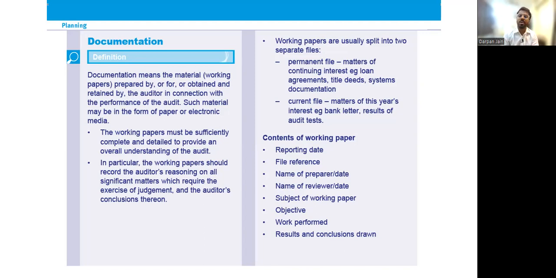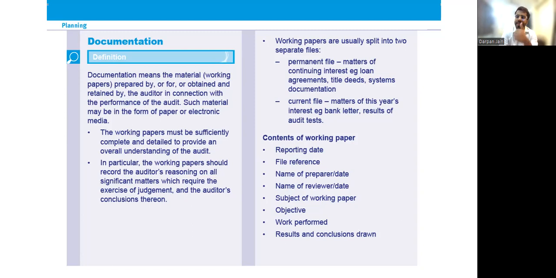Next, what is going to be the contents of the working papers? What are you going to include in the working paper that you prepare? For example, I told you, right? You are, let's say, recomputing the depreciation amount that the company has calculated. You're calculating it again to see whether the amount matches with the amount being shown by the client, right? Now, when you're recalculating that depreciation, you're preparing that working paper. What all should you include in that working paper?